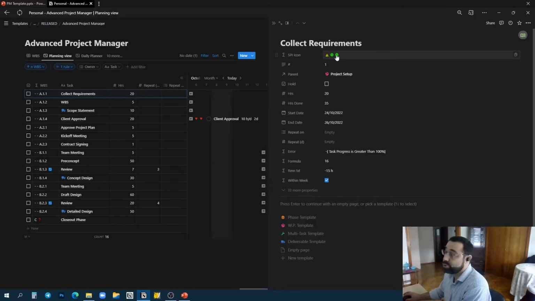The task is considered way ahead of progress because now your progress is above 100%, and that's an error. This is why you'll have an error message over here. Task progress is greater than 100%. This is a wrong calculation. It shouldn't be that because it will give you a fake or an accurate measurement